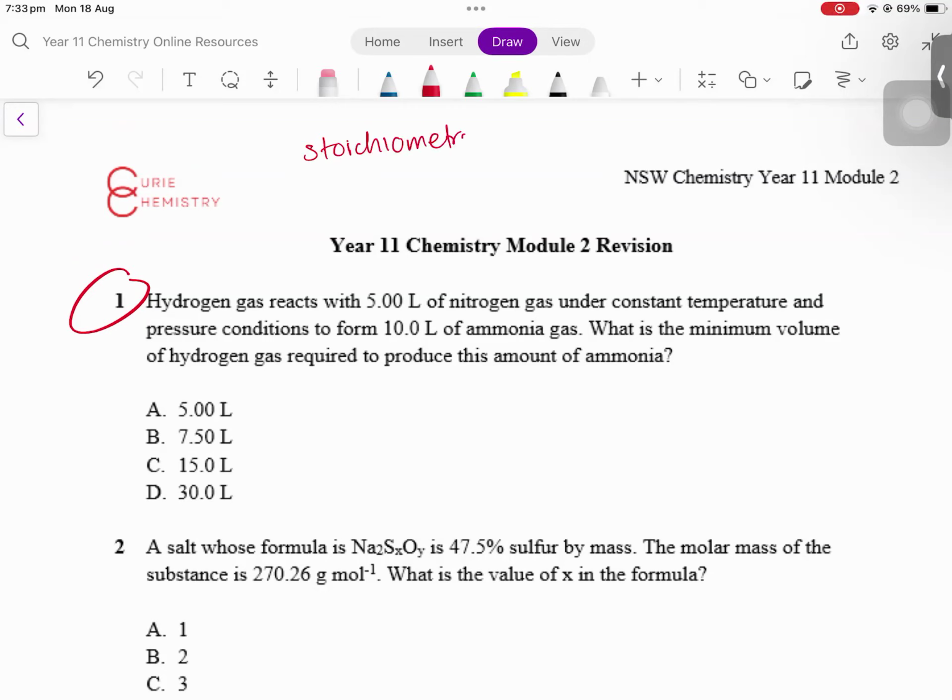or you're dealing with ratios in a balanced chemical equation, you always do that with moles, with one exception. Stoichiometry works with volume if everything in your equation is a gas. This is because of one of the laws you learn in your first inquiry question for Module 2, which is the law of combining